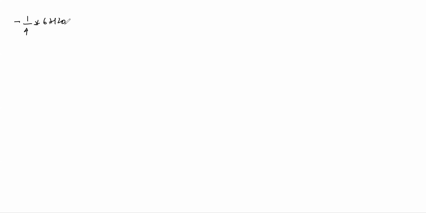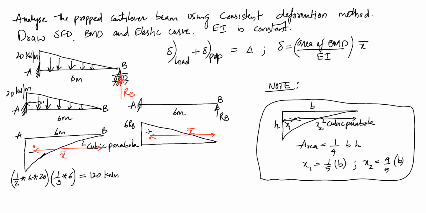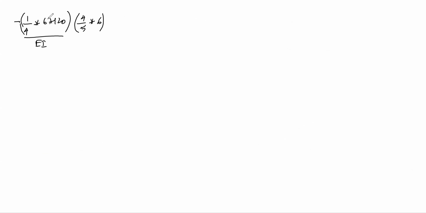This is the area of BMD divided by EI, and the centroidal distance will be 4/5 of base, which is 6 meters. That is for the first BMD. The area is 1/4 base into height, that is 1/4 6 into 120, and the longer centroidal distance is 4/5 of base. So we get this equation. This is the area of BMD and this is the centroidal distance, and we are taking negative sign because it is hogging BMD. And to this we have to add